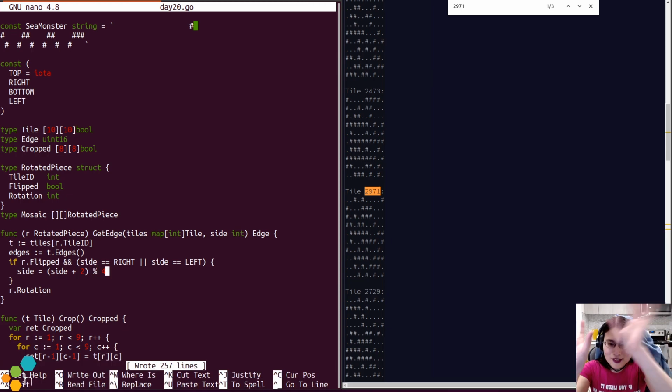So we swap right and left if needed. And then after that, does it matter whether I flip left and right first and then I rotate? Yeah.